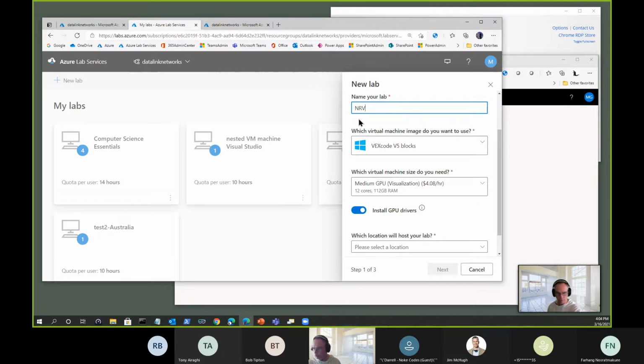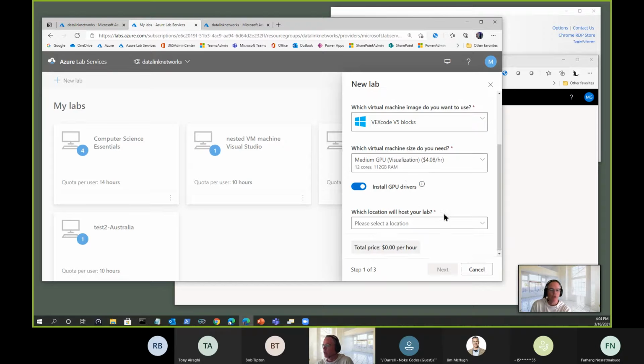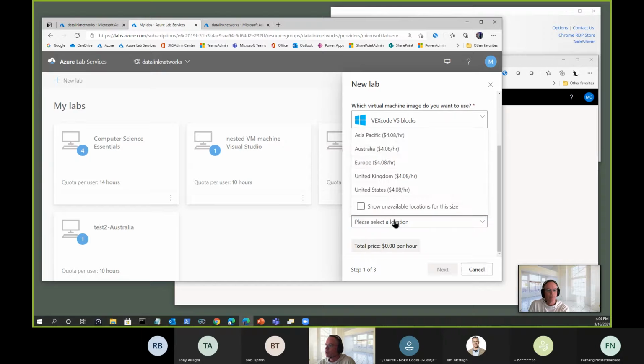We're about to make a new one called NRV with a pre-deployed image, a local image with VEX code installed. Consider it like, you know, it could be Visual Studio, it could be SQL Server, it could be Oracle, it could be whatever application or application stack you want to put off. Then I'm going to select a location. So maybe I want to have